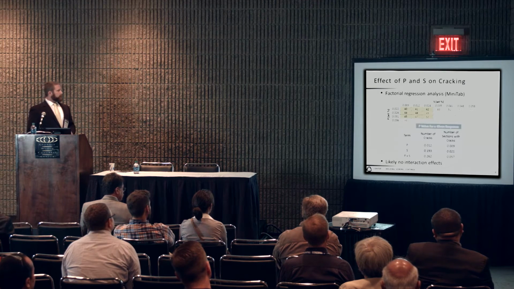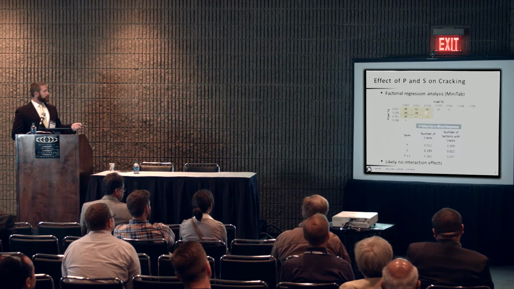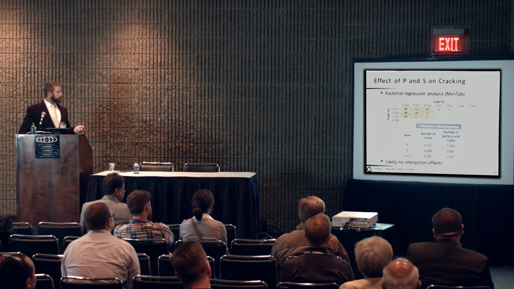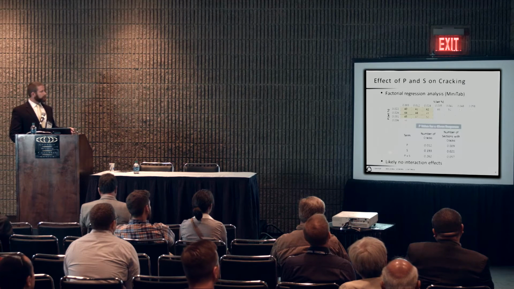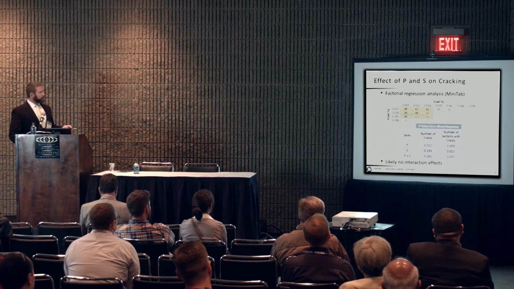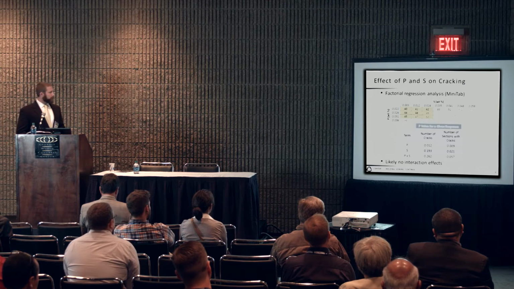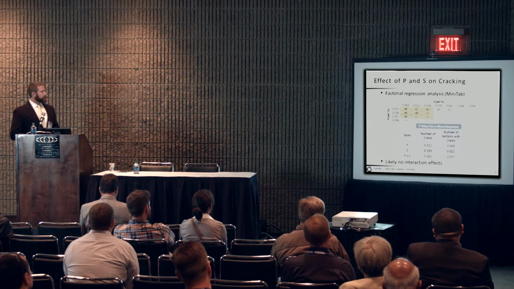So doing some analysis on the sulfur and phosphorus levels, the reason these alloys were here was to provide a 3x3 factorial matrix to do a factorial regression and see if there are any interaction effects. So looking at phosphorus as a term, sulfur as a term, and then P times S interaction, we evaluate number of cracks, we see phosphorus being significant, sulfur possibly not significant, and then phosphorus times sulfur much